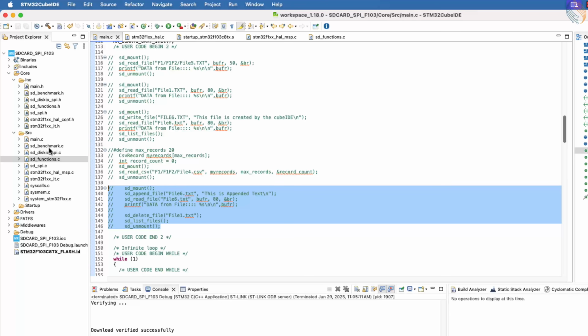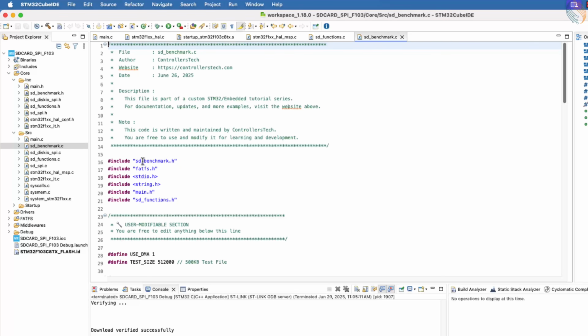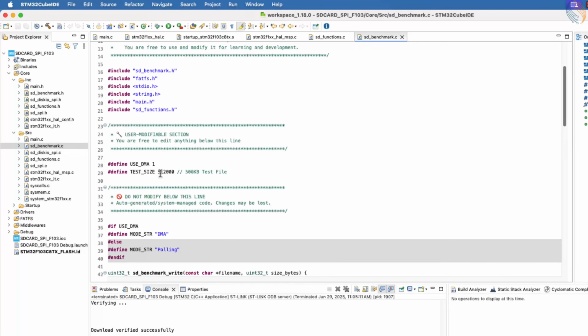There's a file named ST_benchmark.c that helps in performing this test. Inside the file, you can choose whether to enable or disable the usage of DMA by modifying a simple flag. You can also define the test file size if needed. By default, the benchmark creates and works with a 500 kilobytes file to test how fast the SD card can